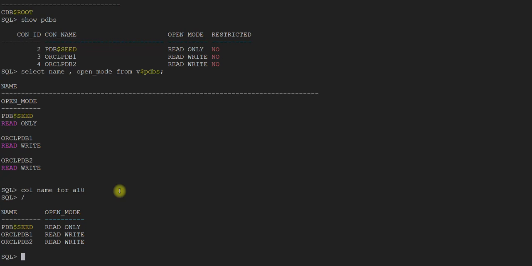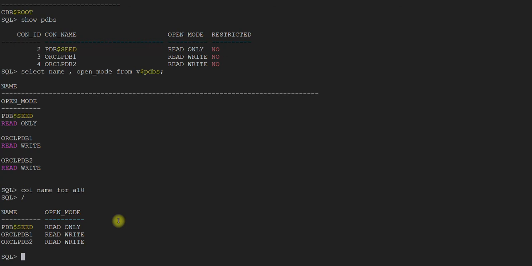There are different ways to open the database. We will see that in future. So yeah, let's shut down or close a specific PDB. Let's close the ORCLPDB1.